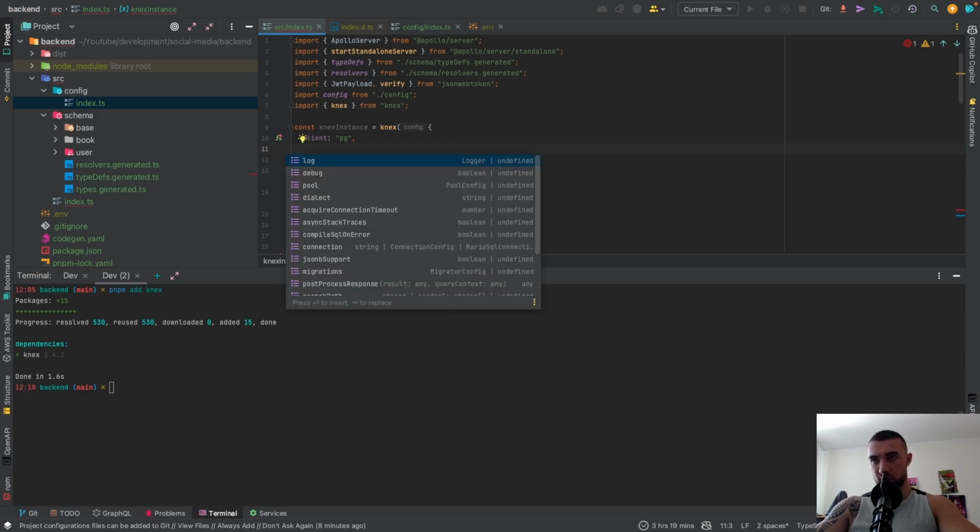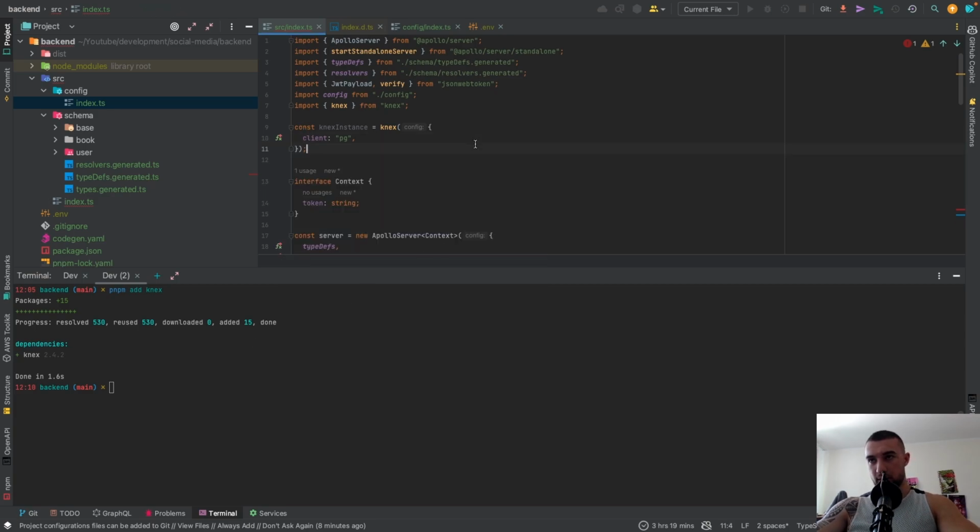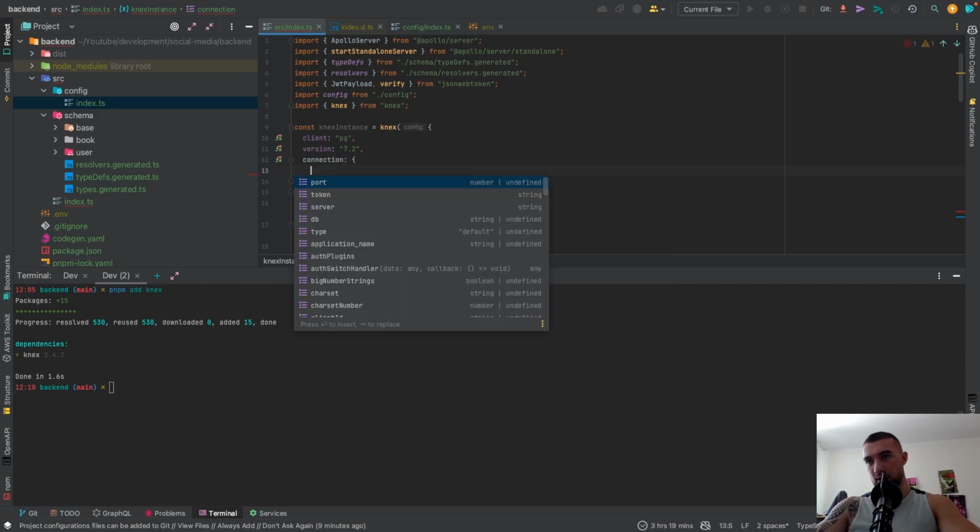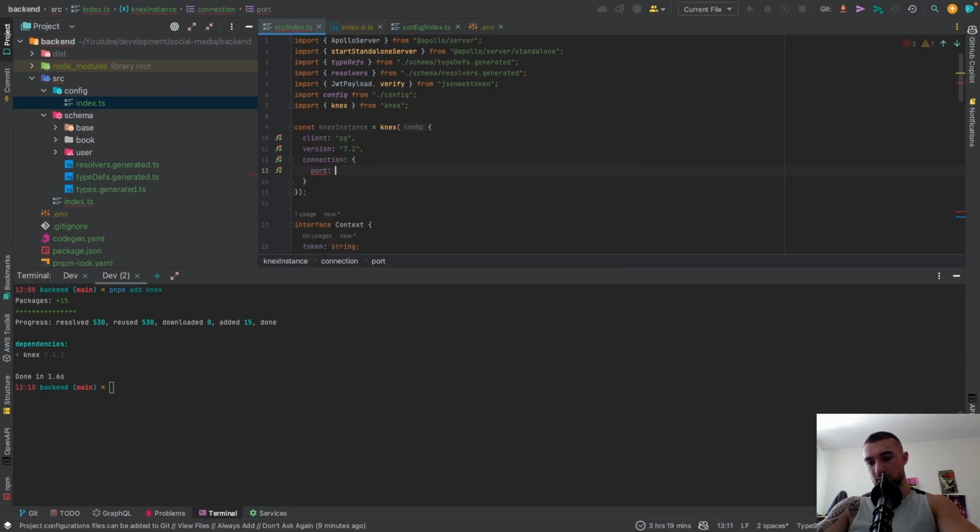We're going to be using Postgres. So it takes version, which is currently 7.2 for Knex, and a connection object, which has port, the default one,